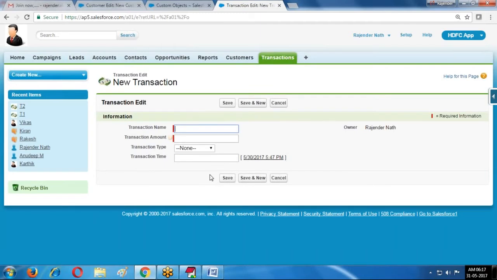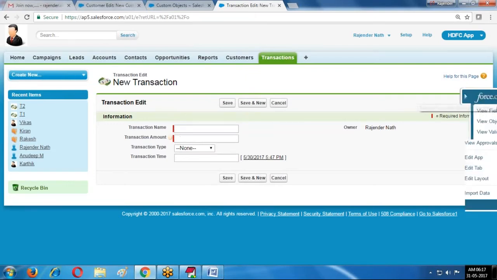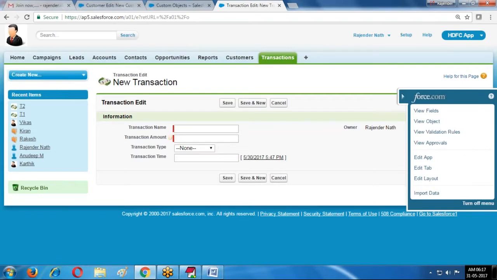Can I create some other fields here? Yes, if you want to create any other fields, you can create them here also. How to create the fields? You can select and create the field like this.